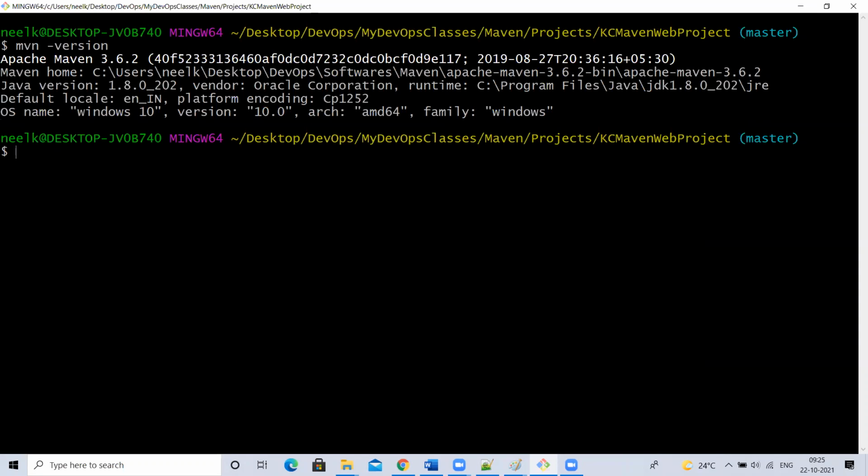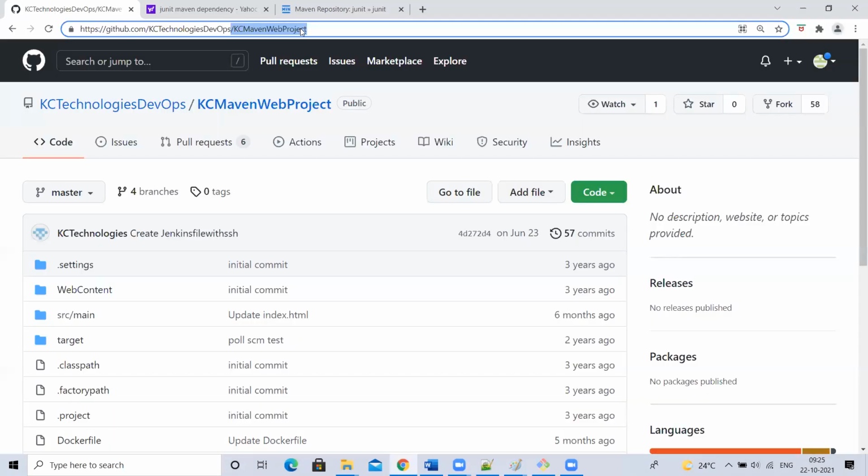Next, this URL I'll paste in the WebEx chat or else Slack. Go to the KC Maven web project repository and fork it to your GitHub. I'll post this link.